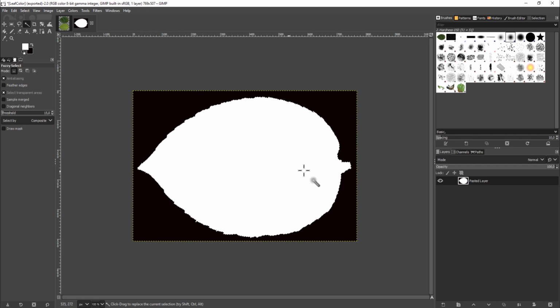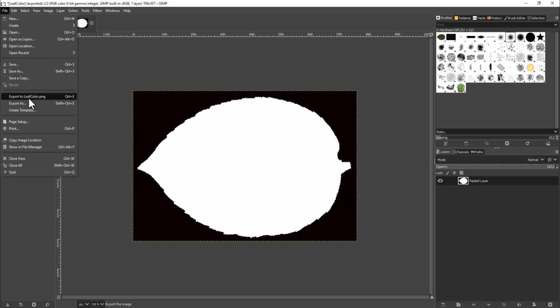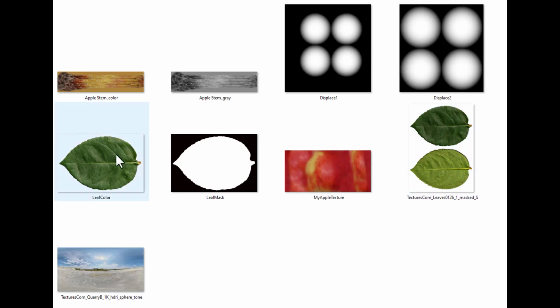This is mask for our leaf, so we can export as again JPEG or PNG. And as you see, our displays 1, displays 2, and leaf color and leaf mask image for